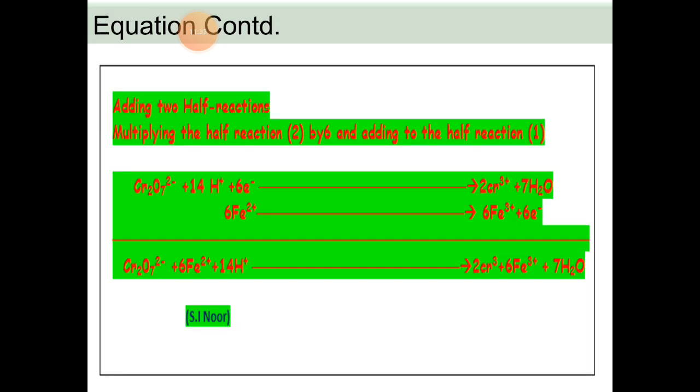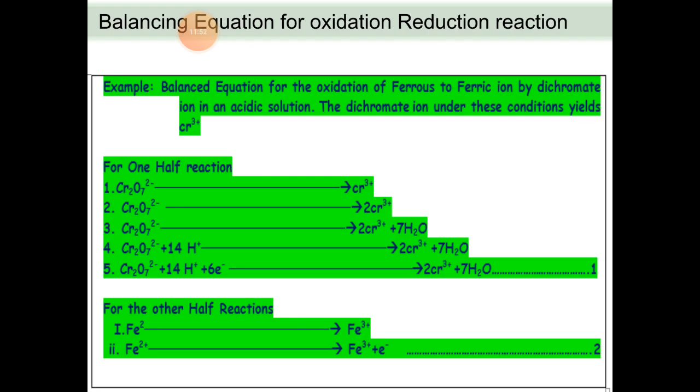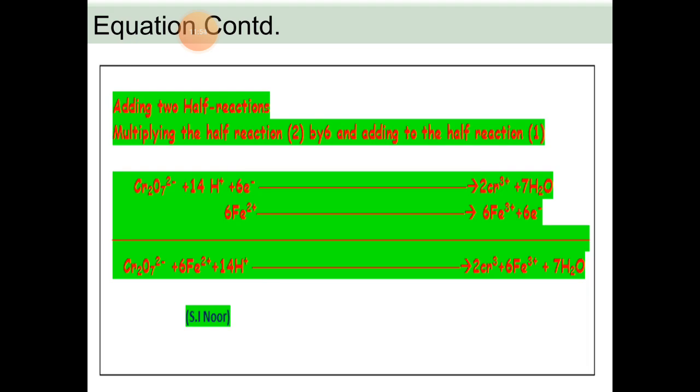Adding these two half reactions, multiplying half reaction 2 by 6 and adding the half reactions. Okay, so finally in this way we get the entire process for the conversion of ferrous to ferric ion. We get the chromate, this